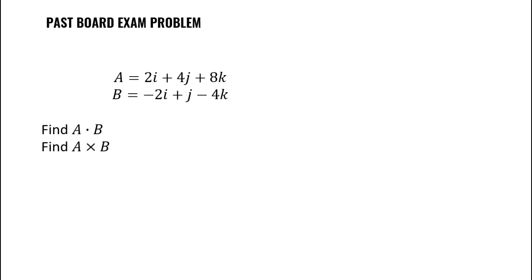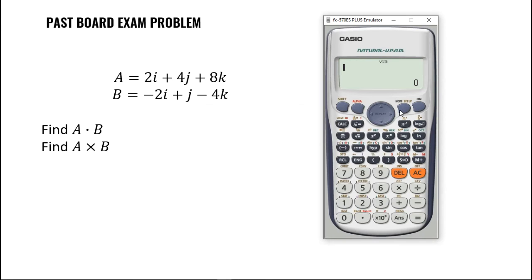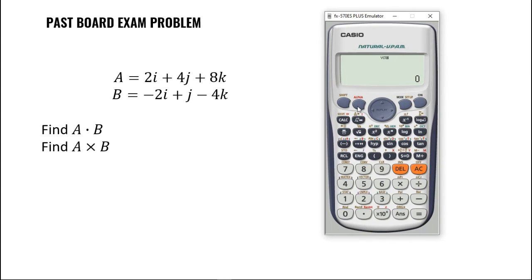So input in the calculator, guys, automatic. In the calculator, of course, it is already in vector mode because our previous problem was in vector. So that's okay. It should be in vector mode. We clear it first. Then we have here mode, and when we press mode, guys, vector. So 8. So vector A, guys. So 3 still. So this is 2, 4,